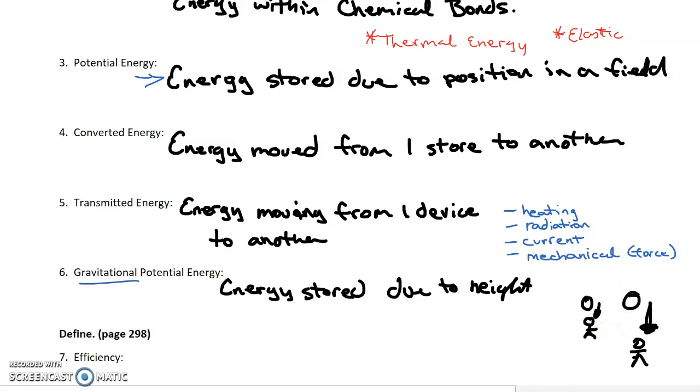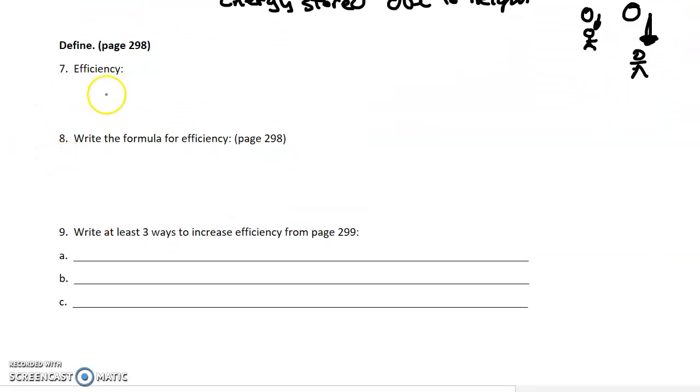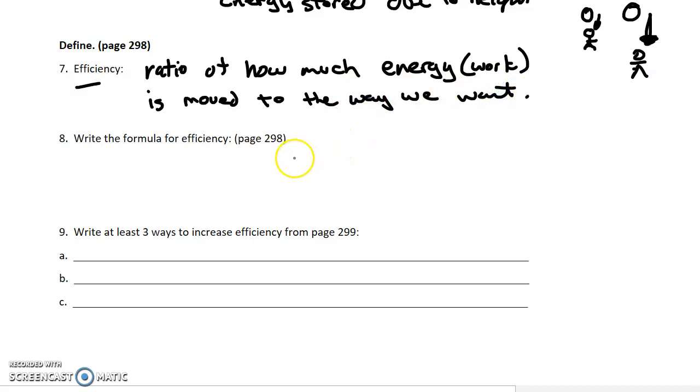Now, as energy is converted or transmitted, not all of it transfers in the way that we want. And so we have what we call efficiency, which is really just a ratio of how much energy, and I'm going to put work here because energy is just the ability to do work, is moved to the way we want. The desired amount. The energy doesn't go anywhere, it doesn't disappear, but it might not be in a method